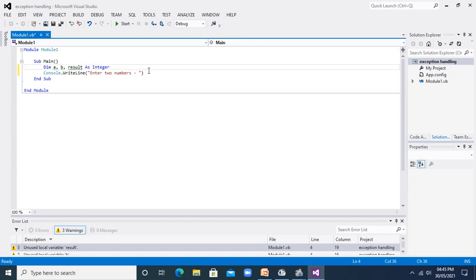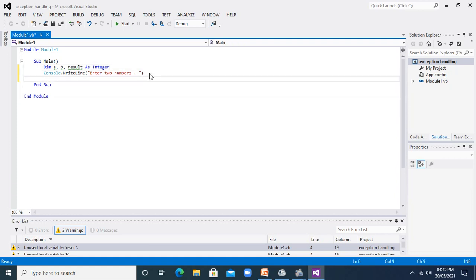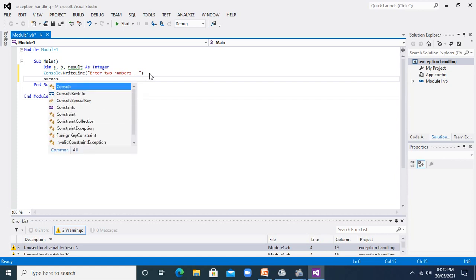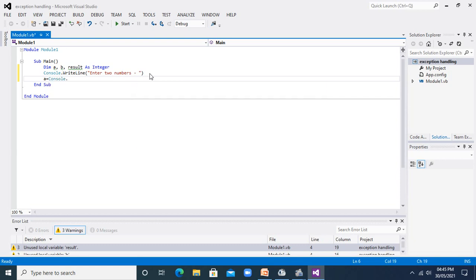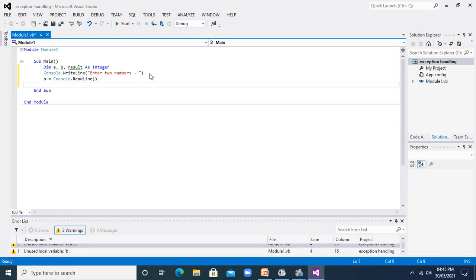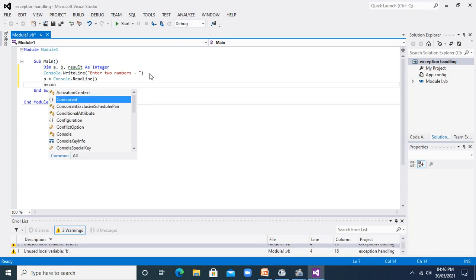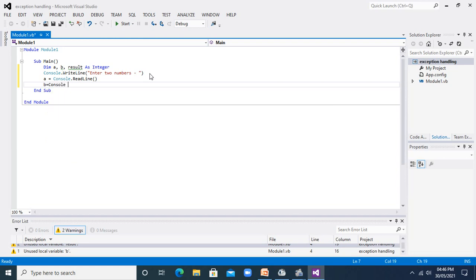So here I will write the code to read the values. I will write a is equal to Console.ReadLine. So this will read the first value. After that b is equal to Console.ReadLine.